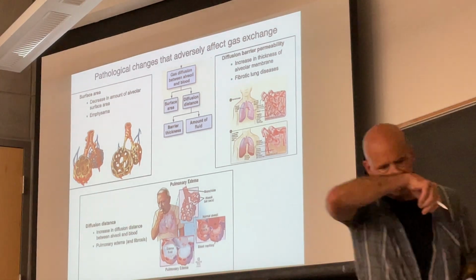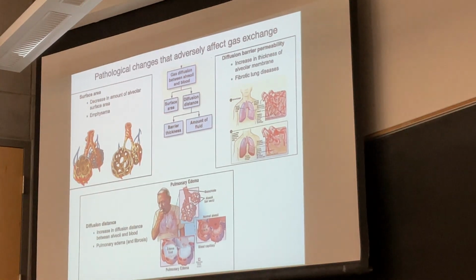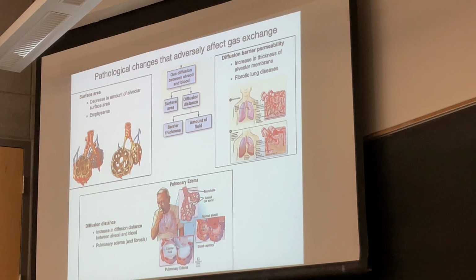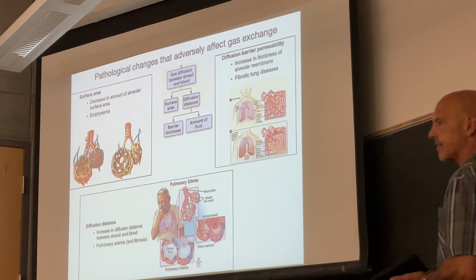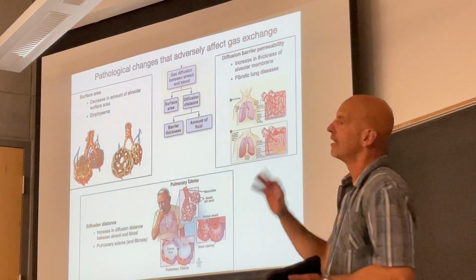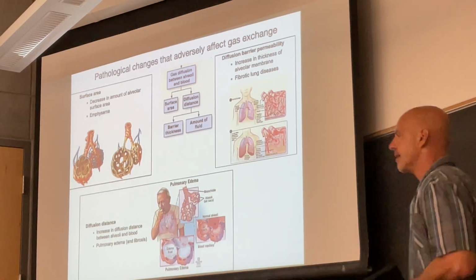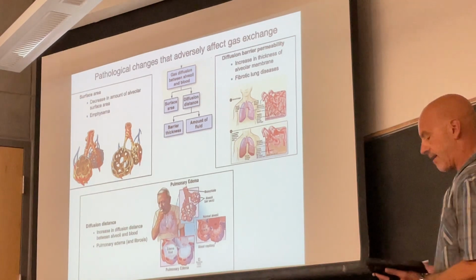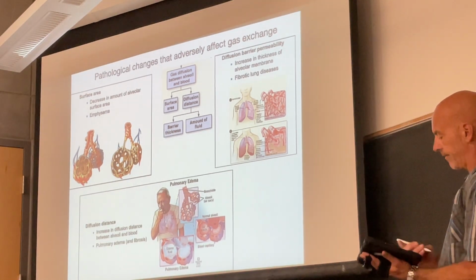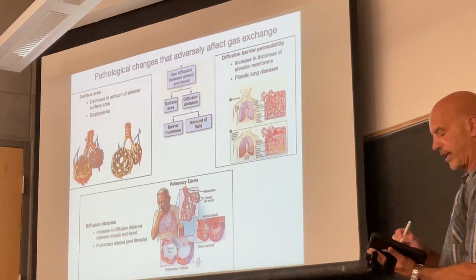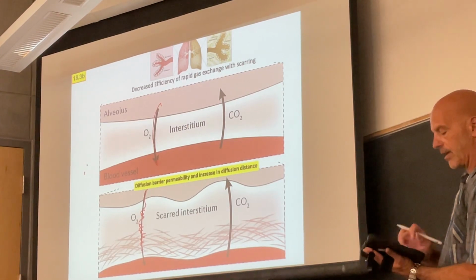The last one, we talked about emphysema as a problem with being too compliant, that is too easily stretched. That's not the biggest problem with emphysema. The biggest problem with emphysema is decreased surface area. Okay? So in that case, basically instead of having one over here, you got 1, 2, 3, 4, 5,